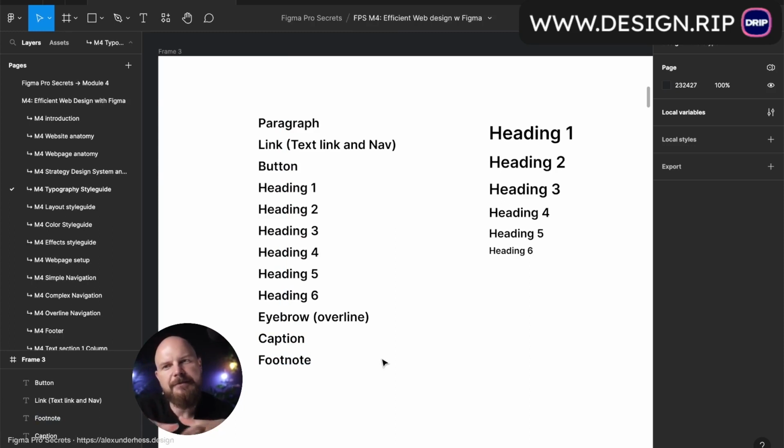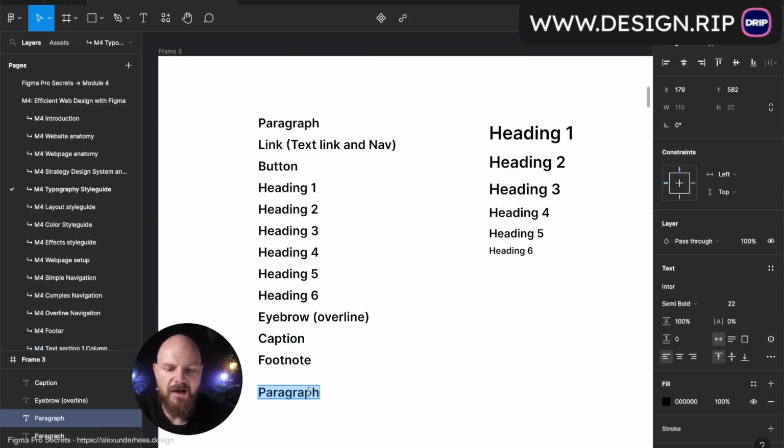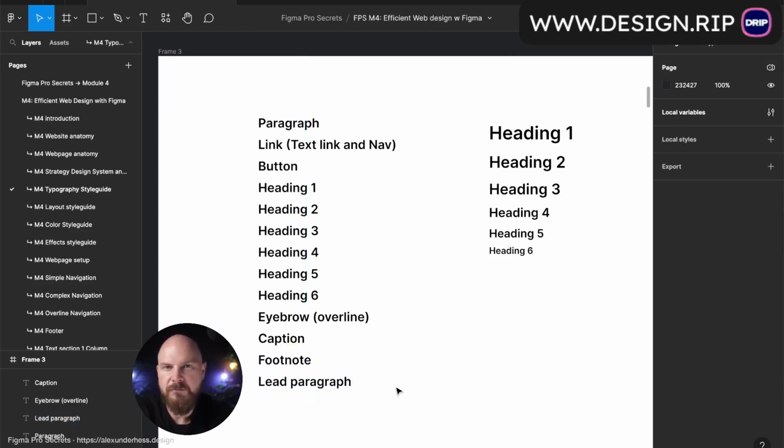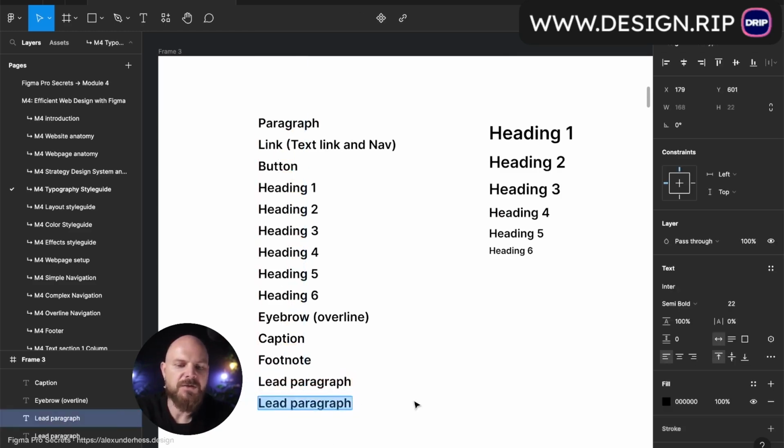These are the things that I recommend you to have on your web page. It doesn't mean that you have to use all of them, and it doesn't mean that this is the maximum that you can have. In addition to all of these things, you can also have the lead paragraph. If you came to web design from graphic design, for example, you can also have something like a particular style. I can't even imagine right now, but maybe you can have caption